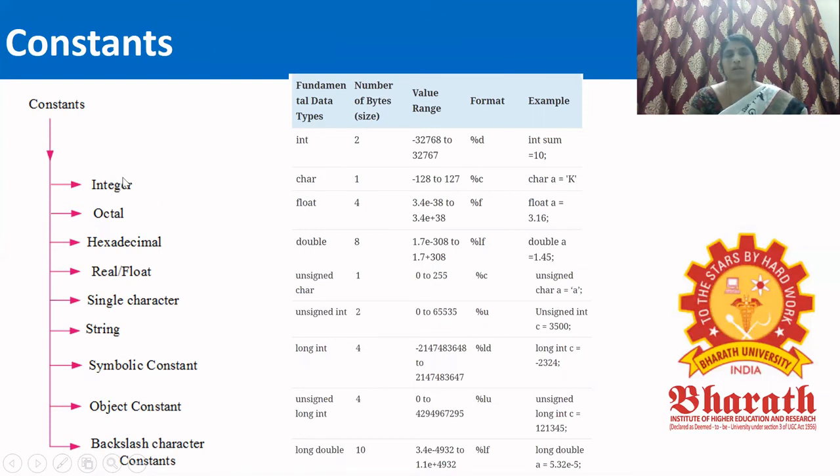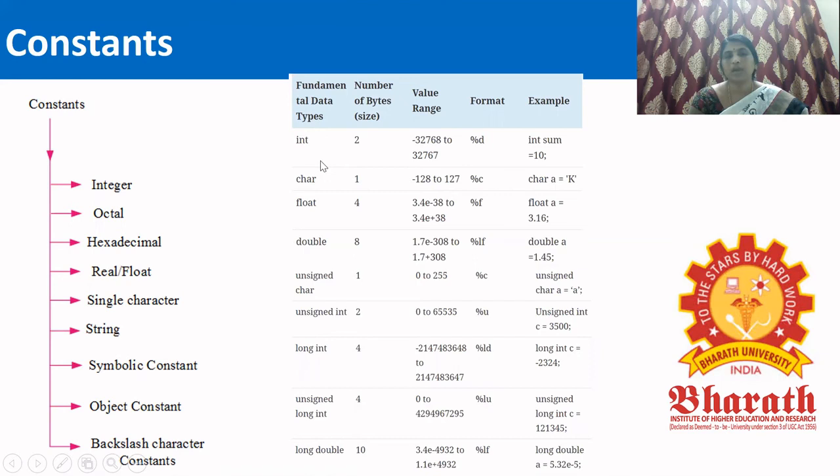So in the numbers, we have integer numbers, octal, hexadecimal, the real numbers, that is the decimal numbers, then a character, then strings, a collection of characters, then the symbolic constants, and the object constant like define max is equal to, and then the backslash character constants as we have discussed about the keyboard characters \b, \n. All those are under the constants in C.